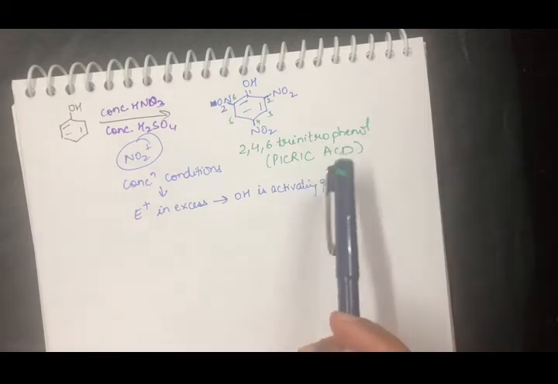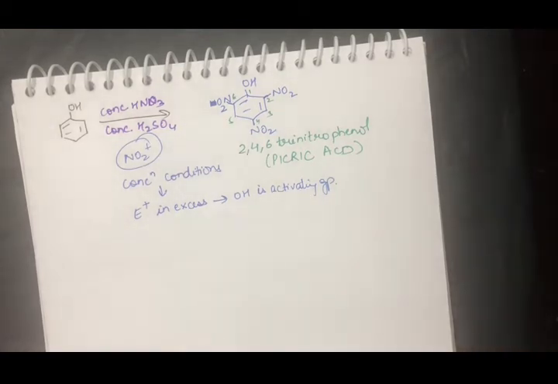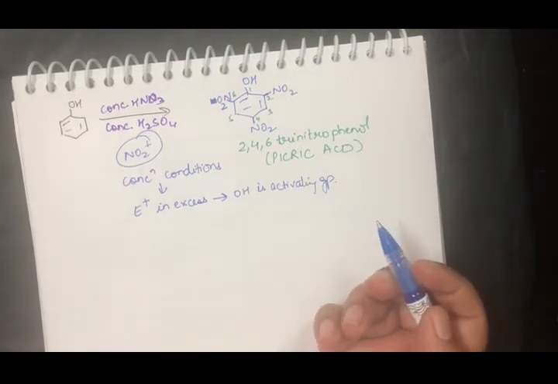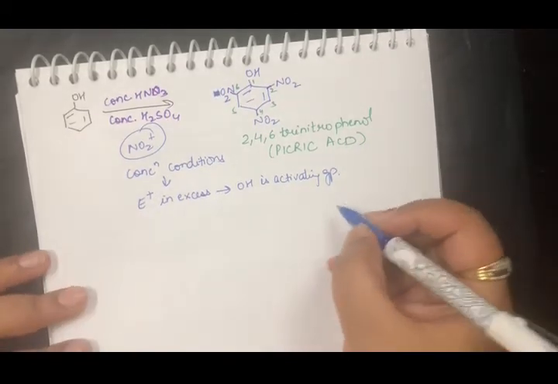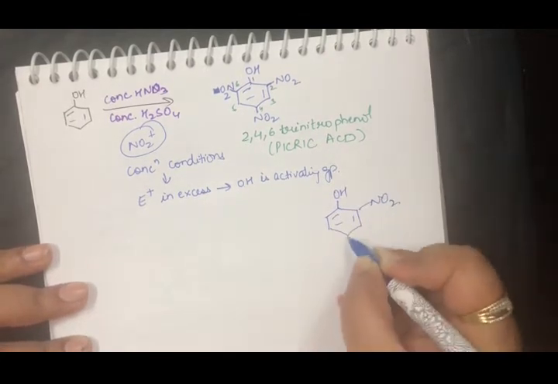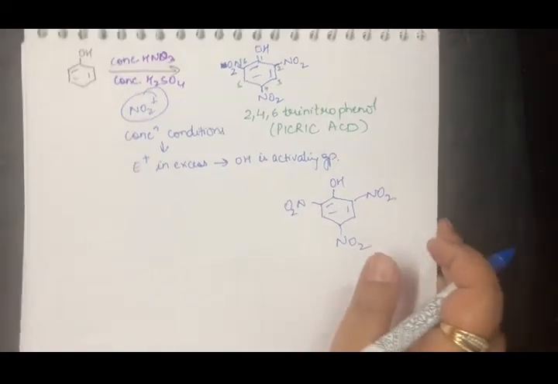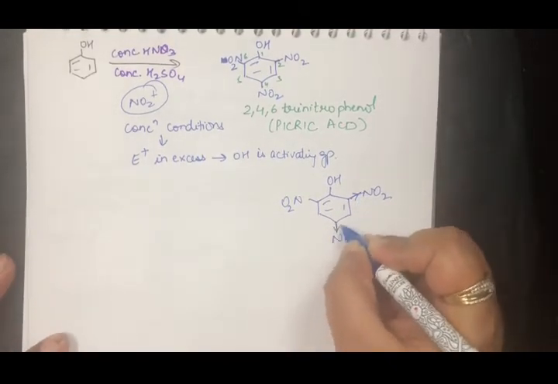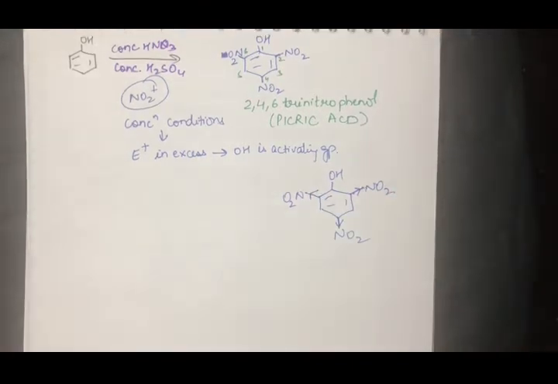Now my question is, why is this called an acid? Till now we have seen that in organic chemistry we use the term acid where there is very easy release of H plus ions, or we use it for carboxylic acid. Why is this called an acid? Now look here very carefully. This is my picric acid. Now we all know that the nitro group is a highly electron withdrawing group, right? So it will start taking electrons from the ring. Now the electrons have been taken away from the ring.